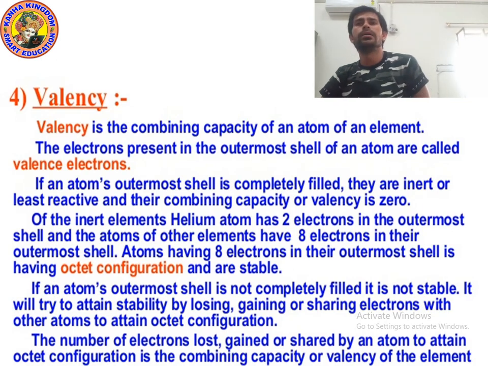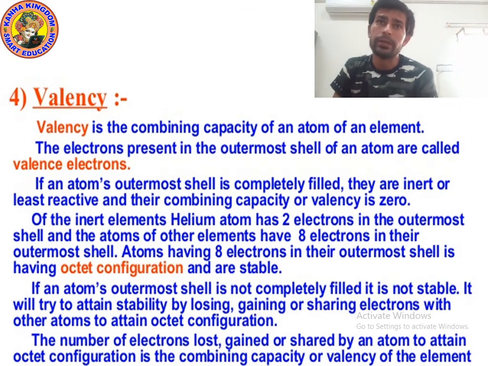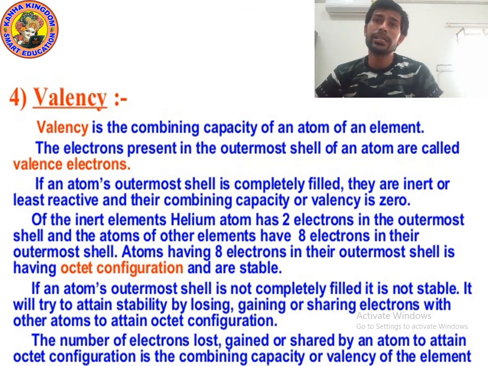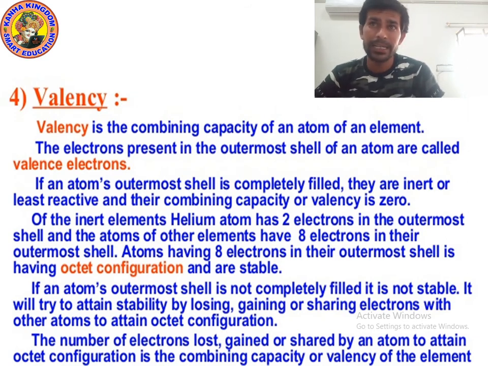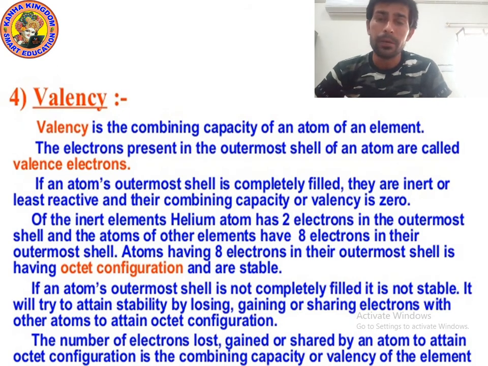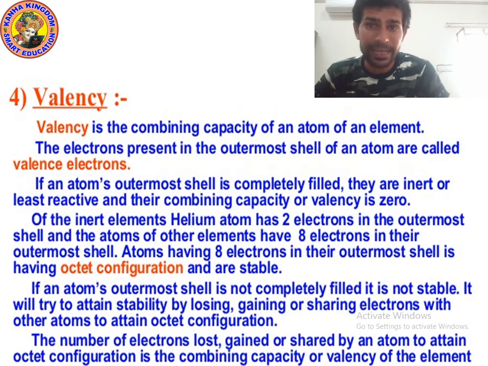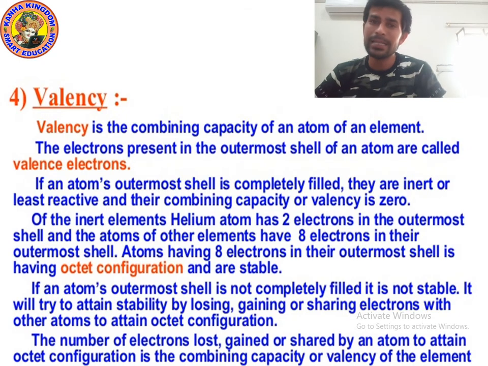Okay? And what is the meaning of valence electron? Valence electrons are the electrons present in the outermost shell. The electrons present in the outermost shell of an atom are called valence electrons. Let's take the example of lithium again. In the K shell 2 electrons are present, in the L shell 1 electron is present, and in the M shell 0. So the L shell has only 1 electron, because after the L shell no electron is present. That's why the valence electron will be 1. Okay? I hope you understood.